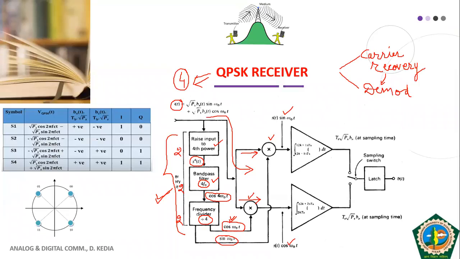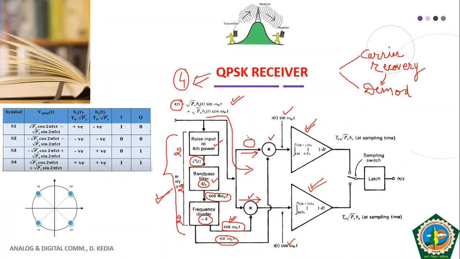So these are nothing but the multiplication with the carrier frequency in 2 parallel branches. It is the same as we have seen in the BPSK receiver, except that we are using 2 branches now. And if you remember, after we multiply our received signal with the corresponding cosine and sine, we use an integrator and dump. This is nothing but the integration of the received signal over a bit period.